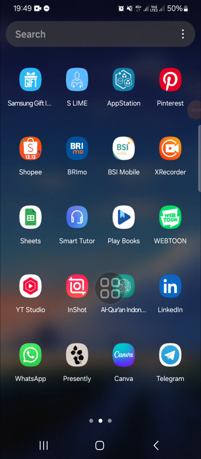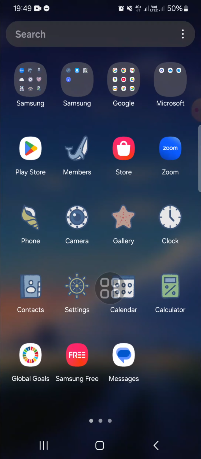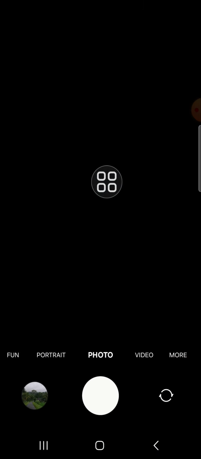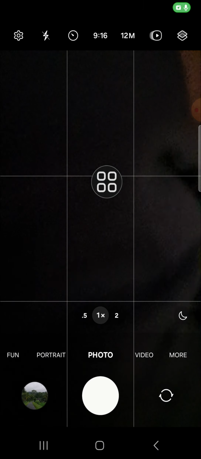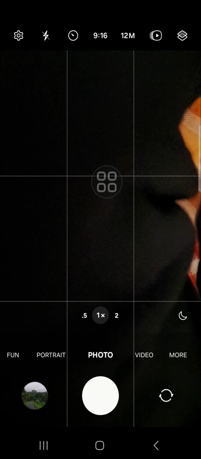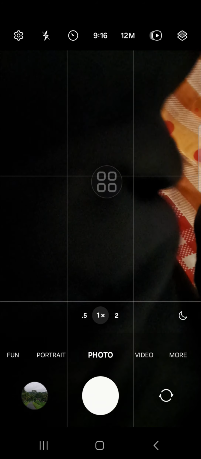In today's tutorial, I'm going to show you how you can enable the watermark on your Samsung Galaxy phone. Okay, let's get into it guys. First of all, I'm going to open up my Samsung Galaxy phone's camera. I'm going to click on this camera application. And now the camera has been opened and I'm going to show you how you can enable the watermark on